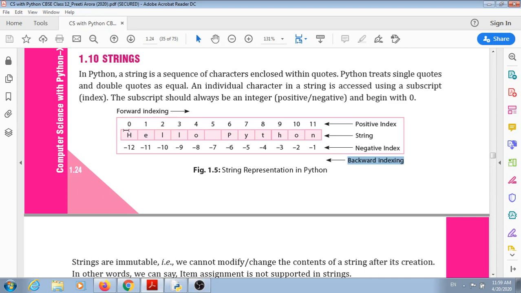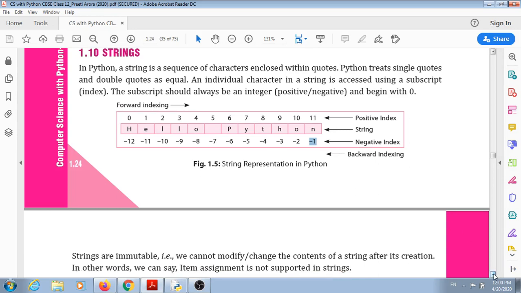So this is known as positive index. And here you can see the negative index. So the last character of the string will be -1, and it will go in a backward manner. So this is known as backward indexing.